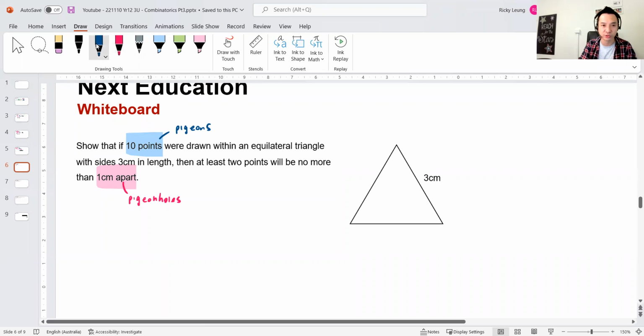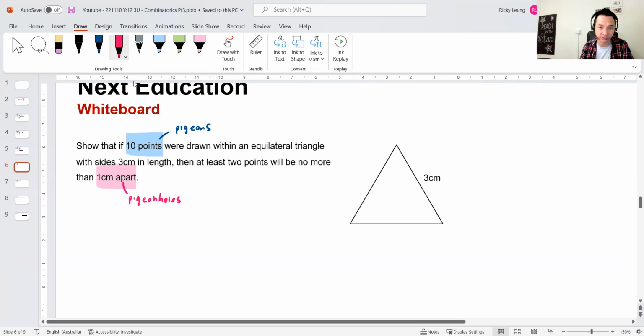Guys, if I drew 10 points in here, they want to demonstrate that at least 2 points will be no more than 1 centimeter apart, so that there is a distance shorter than 1 centimeter. So what does that mean? The best way to understand how to use this 1 centimeter fact is that I'm going to subdivide